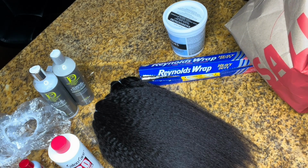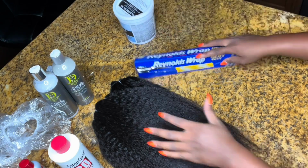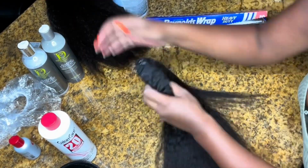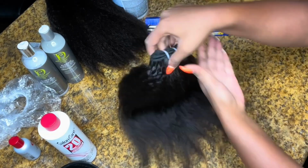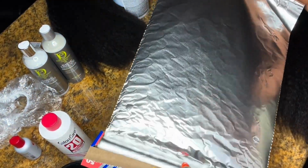I personally don't like the aluminum foil that they use for coloring hair, because I'm doing bundles. And because I'm doing bundles, it makes it not like on the hair. I need to be able to,